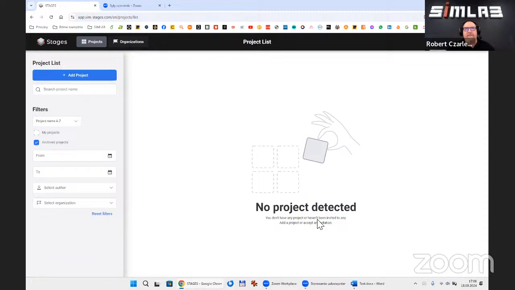And the first thing we have to do to start working with stages, with your scans and the rest of the materials, is create an organization. And this is a very important step because of two reasons. First of all, an organization is a kind of workspace where you place your projects and all your detailed information. So without an organization, you will not be able to do anything in stages.